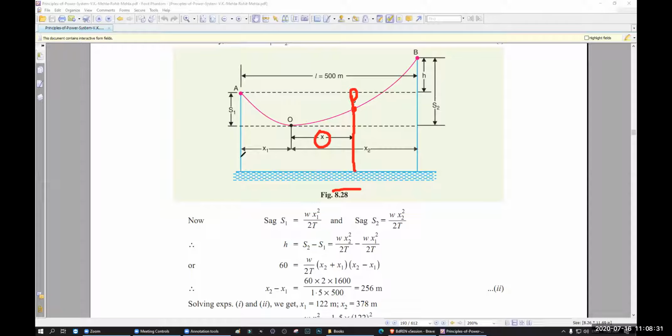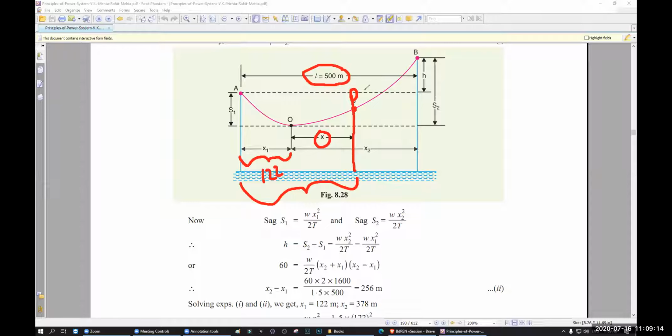Ibrahim. Yes, sir. See, this value is how much? 122, sir. Very good. How much is this value? 122 plus X, no, that I know, but in number, what is this value? 500 minus 122, no, not that. That is X2. This one is midway, right? Yes, sir. Now what?